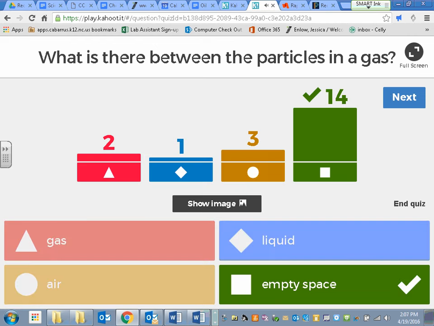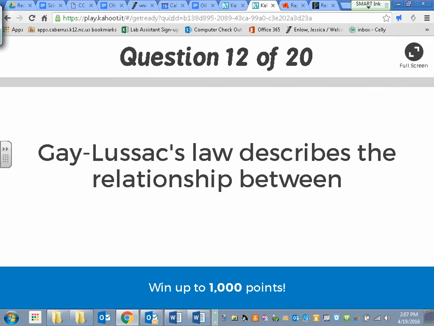Nothing. There's nothing between the particles of the gas. Maybe other gases, but that's still between them. Nothing is empty. Literally nothing. No air, nothing. Absolutely nothing. Gay-Lussac's law describes the relationship between